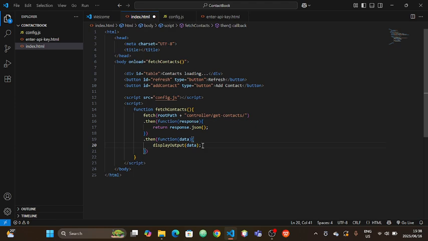But before we develop the display output function, let's see if there's anything coming from the server at all. In other words, let's check if our fetch API call has indeed been successful. So to start off with, I'm just going to comment out the display output line, and then I'm going to log the data. Let's add our comment //